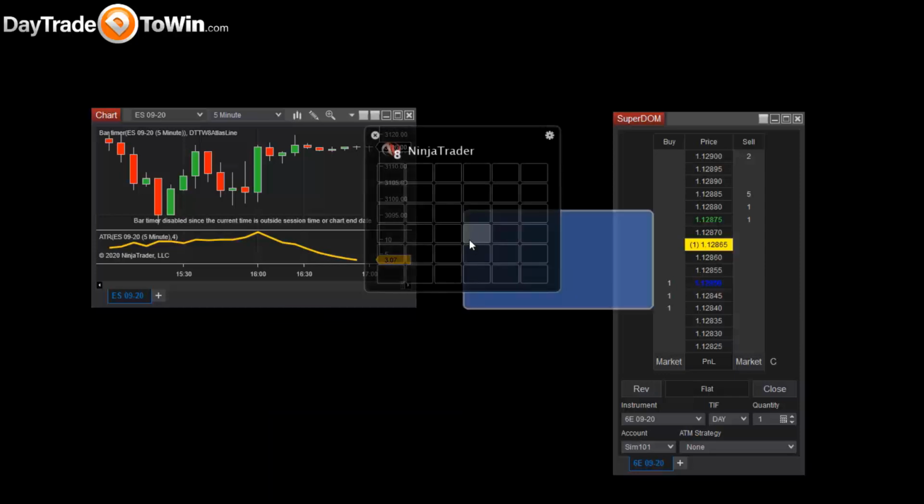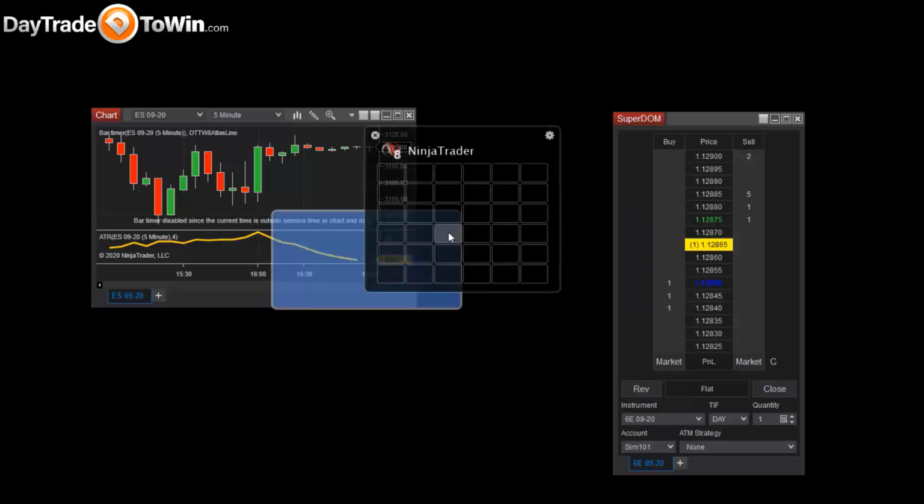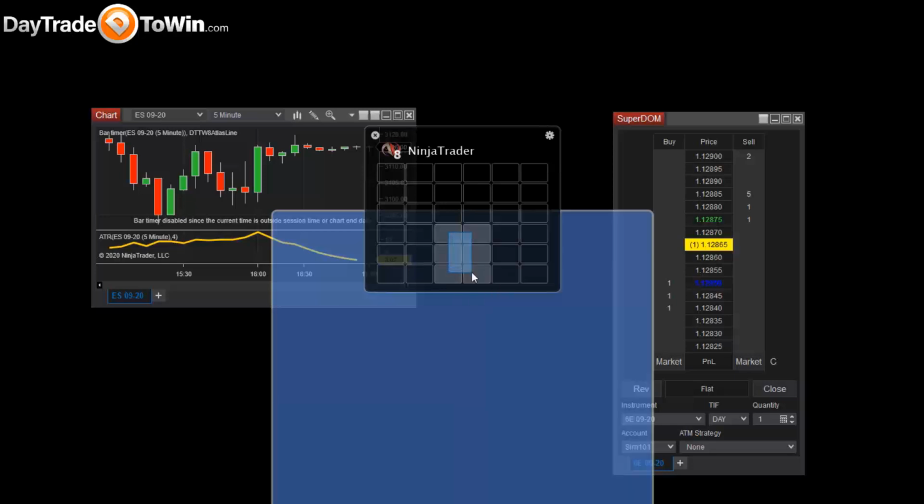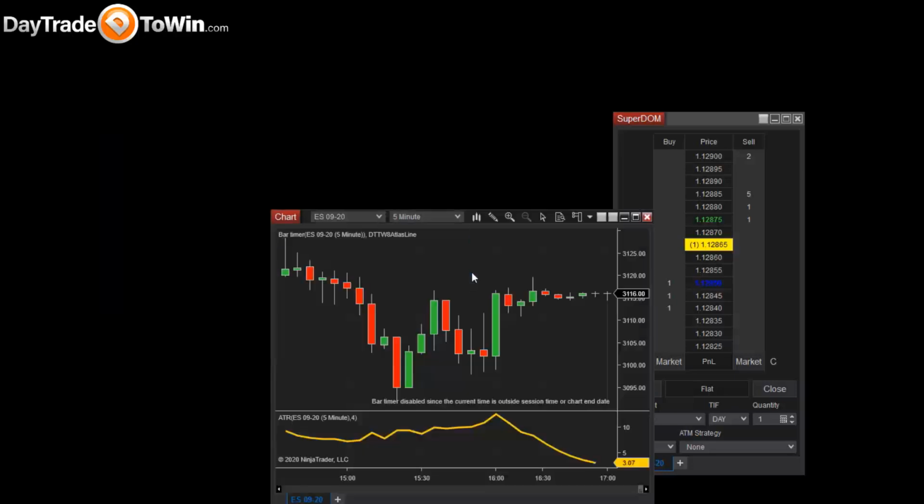So let's see which one that is. Let's click and drag from this square to the bottom. And yes, it was the chart, and that's where it moved. So I have something in mind already. Normally, I like to trade with the Superdome on the right side of the screen, and let's have the 3 charts stacked vertically. So this first chart,